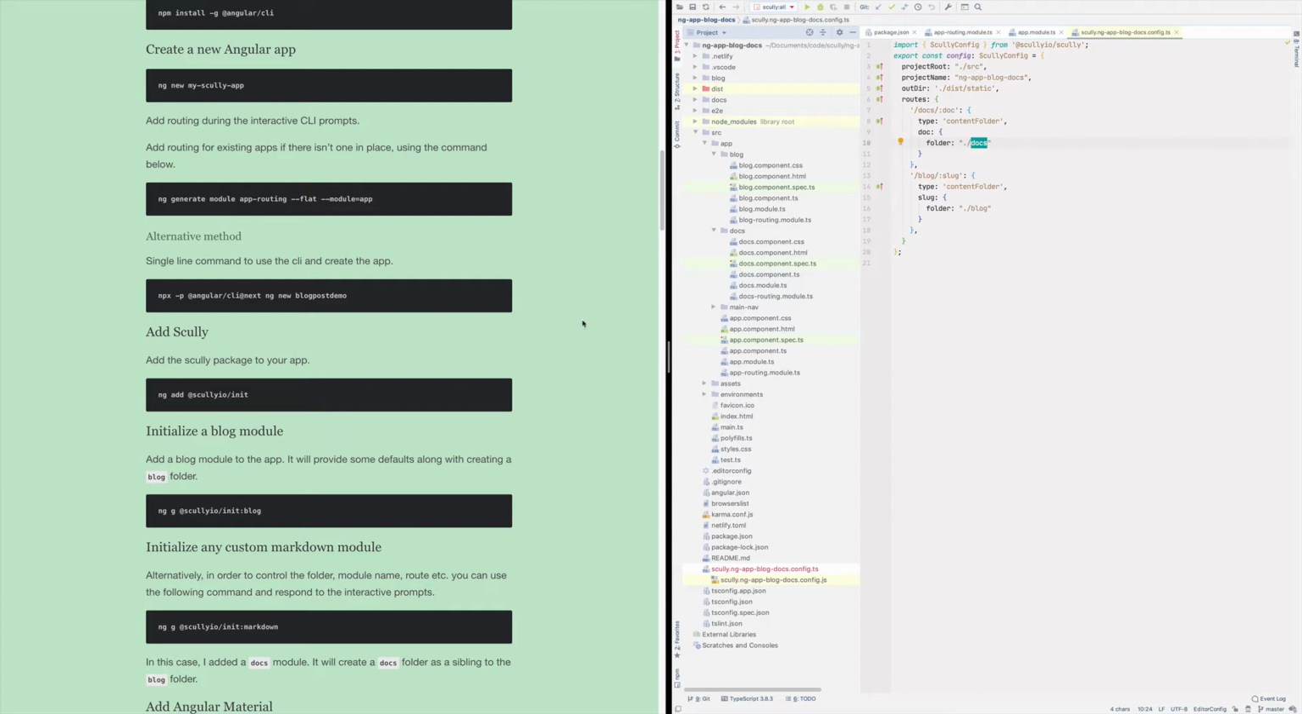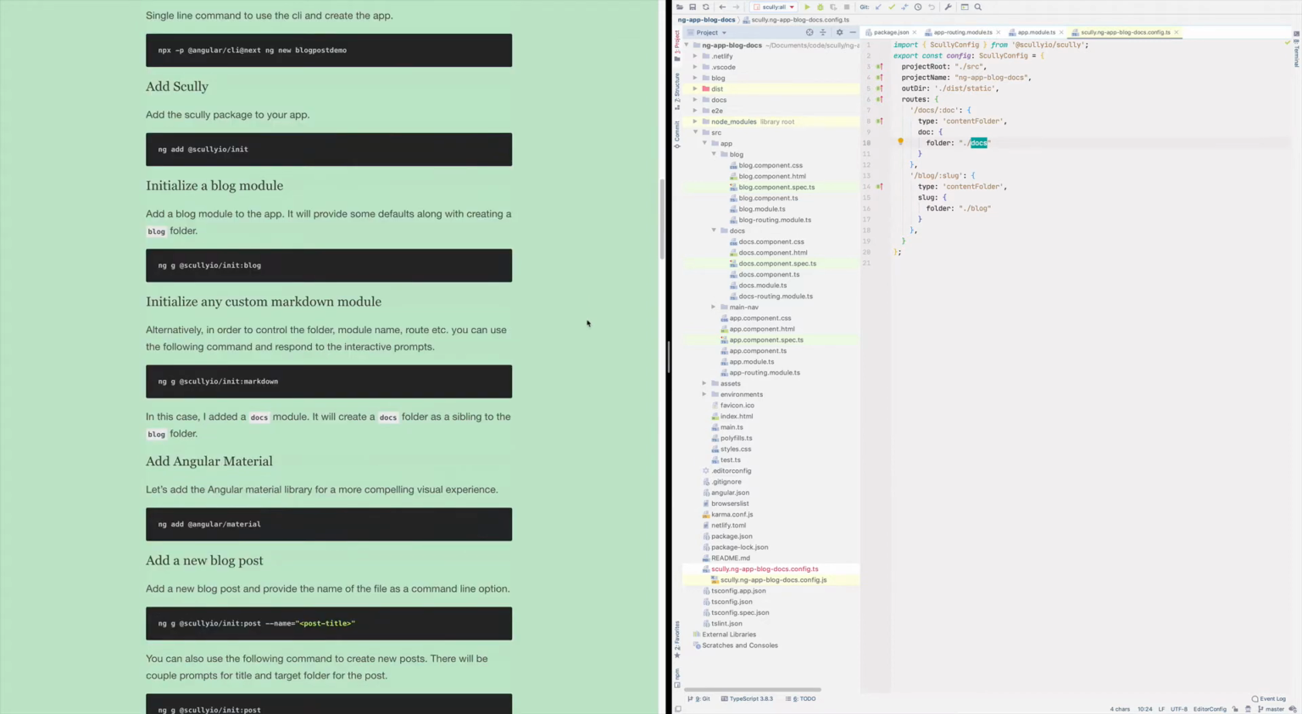To make the application look a little nicer, let's just add Angular material to it. So you can do that by adding the Angular material package using the add command, and we'll leverage this shortly. So let's add a few markdown files to each of our modules, the blog module and